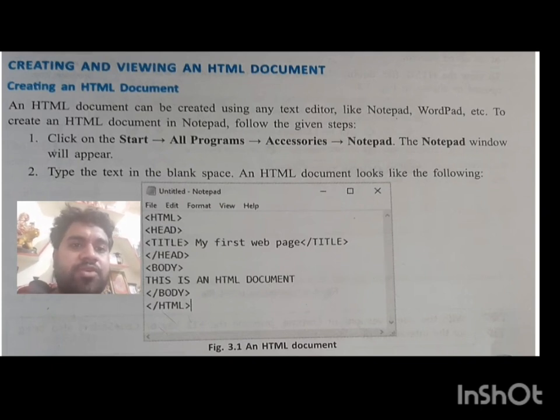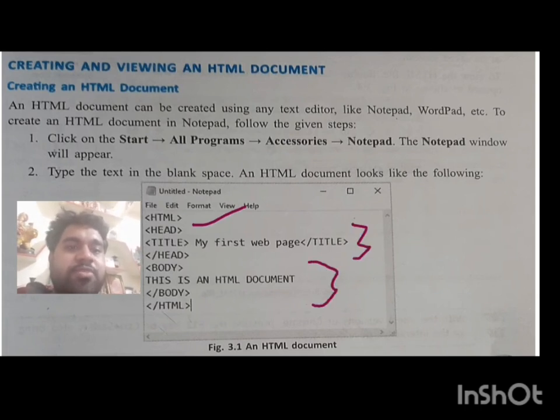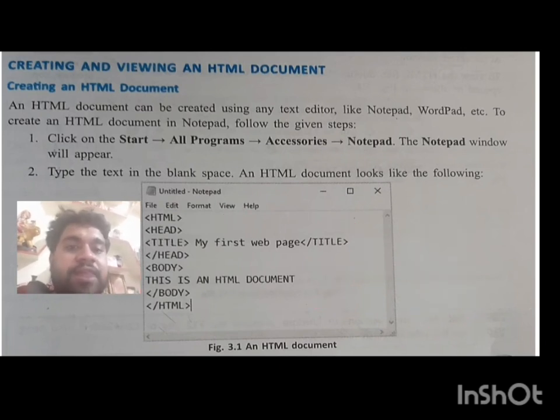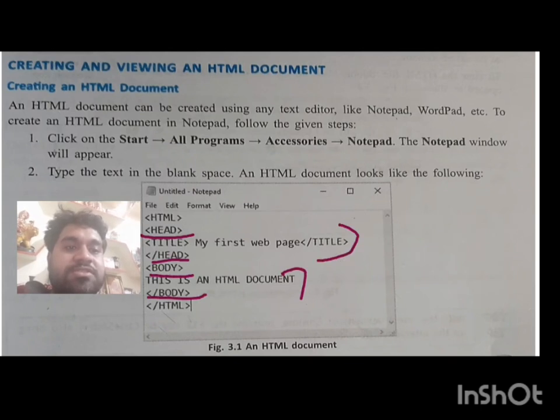First of all, we have to open Notepad. You all know how to open Notepad, that is the first step. After that, in a blank space, we need to write the HTML document like this, as it is written here: HTML, then head. I have told you two sections are there, the head and the body section. This is the head section and this is the body section that you have to write. After that, you have to enclose everything at last with HTML only. You can see head is starting here and closed here, body is starting here and closed here. So this is one section and this is one section, so we have to be aware of that.